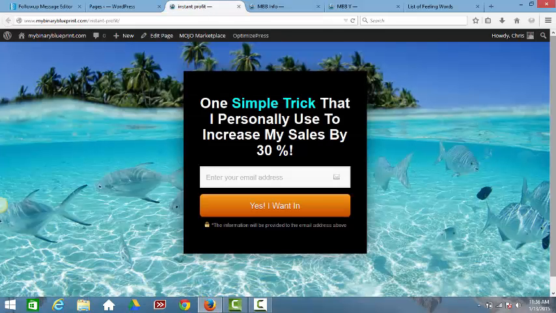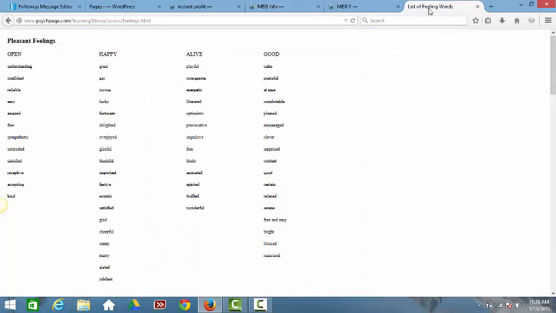I'm going to take you to a couple other pages. Let me see if I can find anything on these pages. Something like this, down at the bottom. I should probably make the font a little bit bigger, but for a capture page, you usually want to tell people that the information is going to be provided to the email that they give you, because this way they won't put in a fake email or some kind of nonsense email. If they want the real information, they're going to have to give you the email. I'm probably going to put this on the page because this is a good starting point.